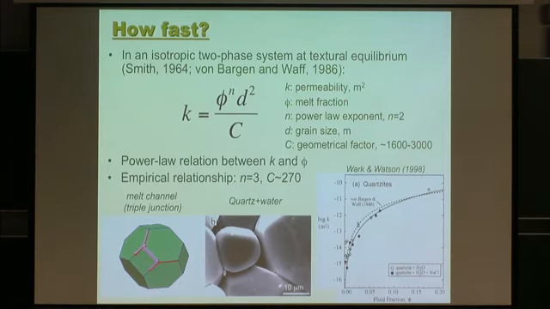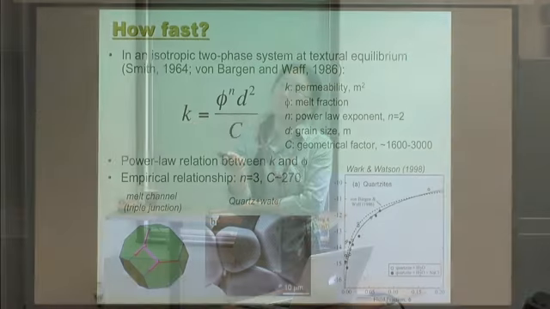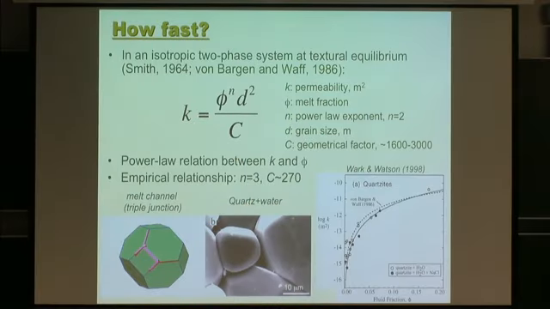And in that case, Von Bargen and Waff did a finite element model showing that if you have isotropic, homogeneous, uniform grain size, as one word, the simplest system, then you can derive that relationship between the permeability and the melt fraction. And this is the power-law relationship that everybody is referring to. And then